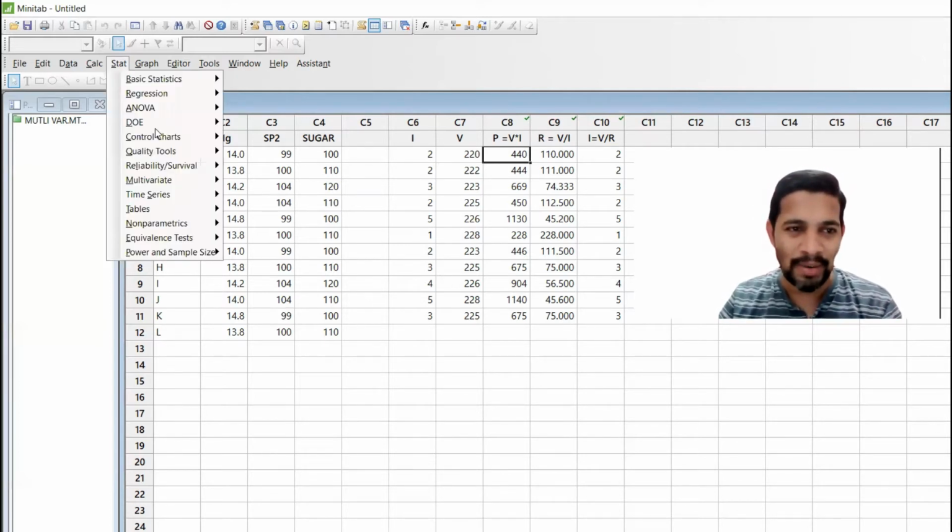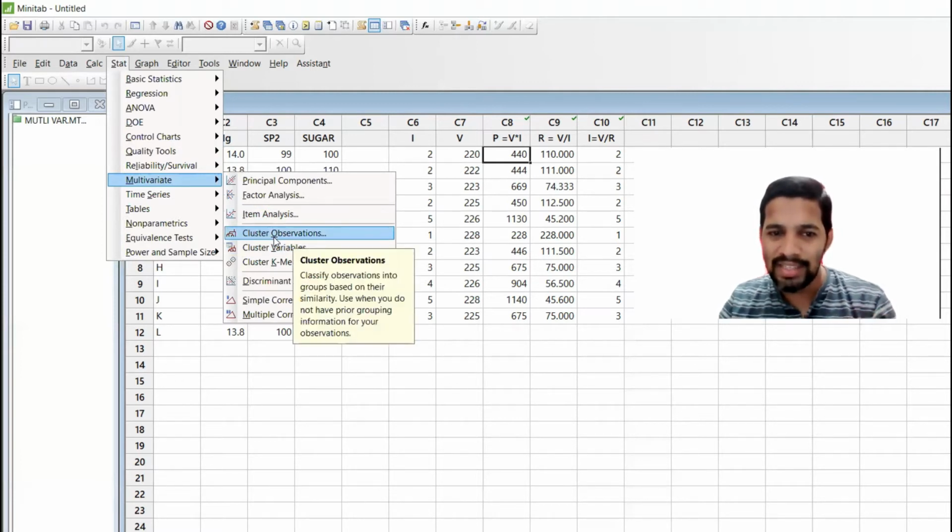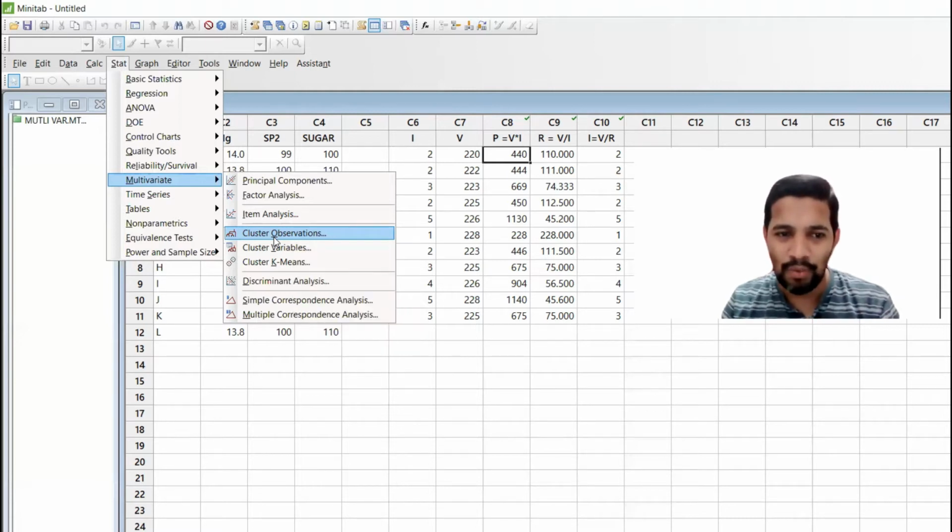Go to Stat and you have Multivariate. In that there are so many options. Predominantly I use Cluster Observations, which classifies observations into groups based on similarities, used when you do not have any prior grouping information for your observations. In this case for medical I don't have that, so I can use it.